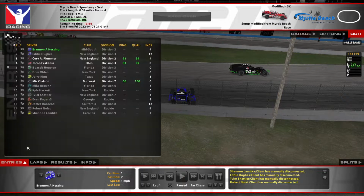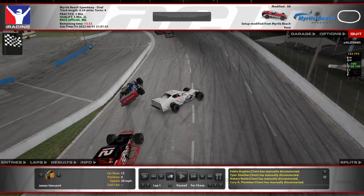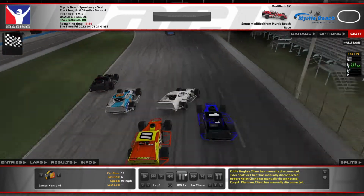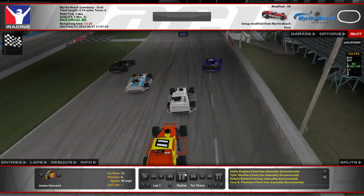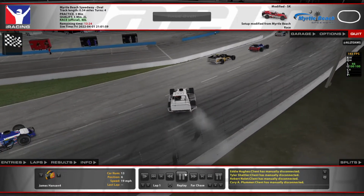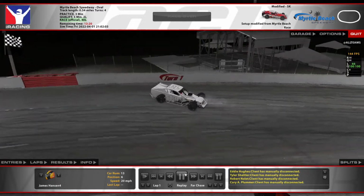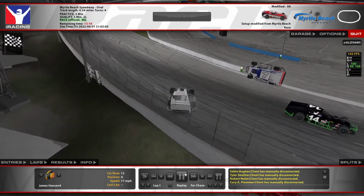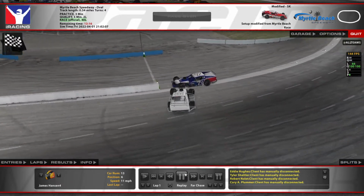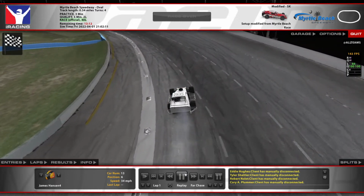Okay, so let's see if there's anything else that happens out of that, or if it was really just those 2. Looks like the 13 at some point gets into the, you can see the 3 had to dodge way down, so 13 ends up coming down, getting the 7. 7 flips. So let's see if he tries to get it turned around. 13 ends up driving into him. I think this is going to be...